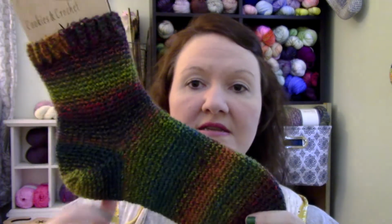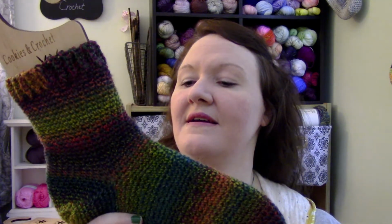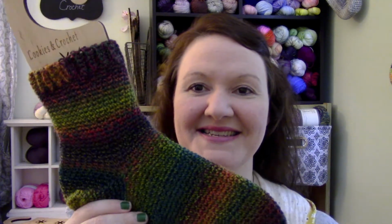And now on to the third sock, and I think this might be my favorite. Oh, sorry, it's really hot today. I think this might be my favorite sock. This is my favorite sock, I think it is. This was a new pattern I tried also,